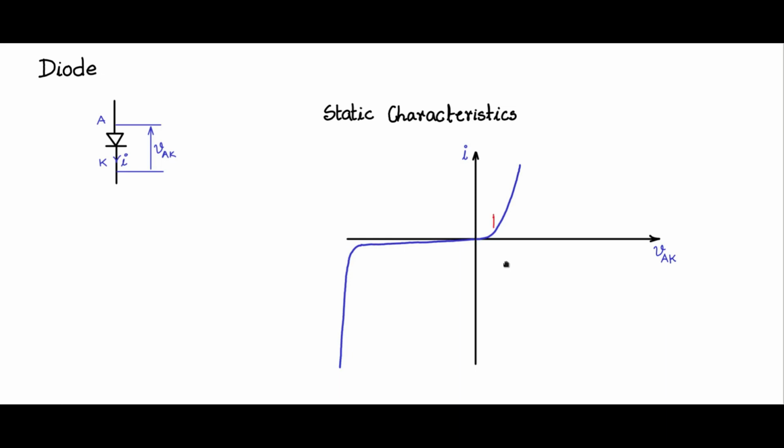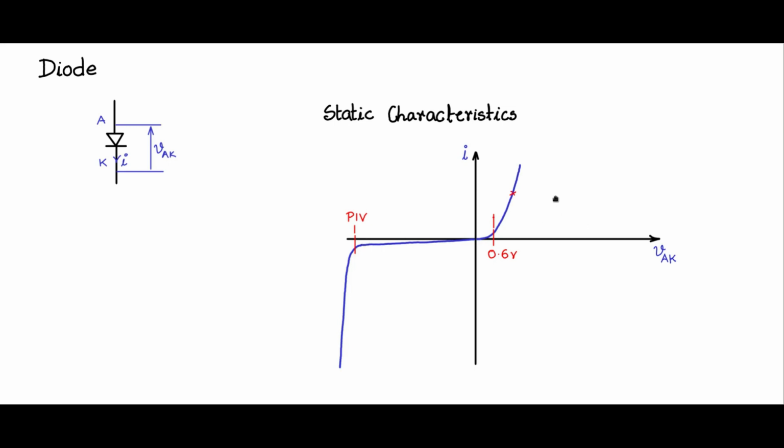So two important characteristics here: on the forward side, you will see that there is this knee called the cut-in voltage, which is around 0.6 volts for silicon PN junctions. Another important characteristic is the breakdown voltage. You should operate well within the peak inverse voltage of the diode. So what is the peak negative voltage that can be applied to the diode for it to function properly without breaking down? That is called the peak inverse voltage, which is available in the data sheet. And your applied voltage should be less than that.